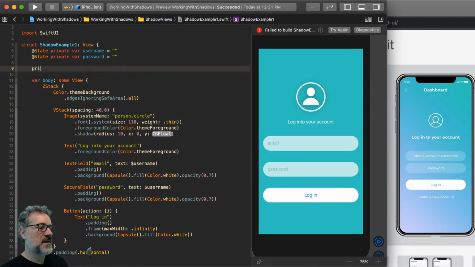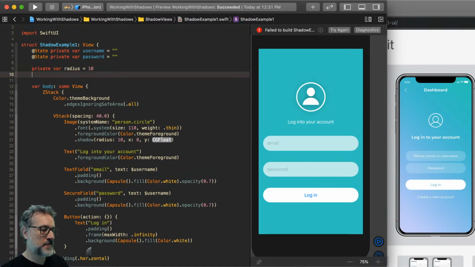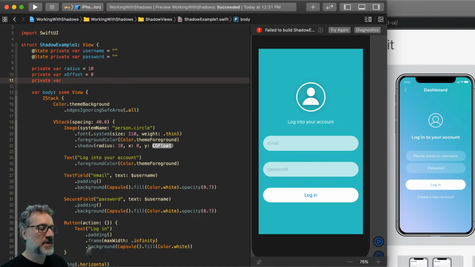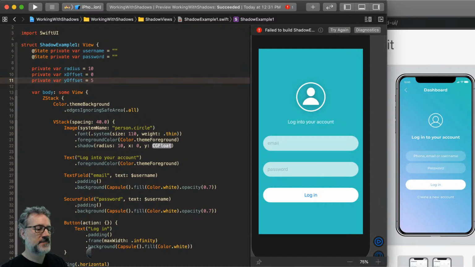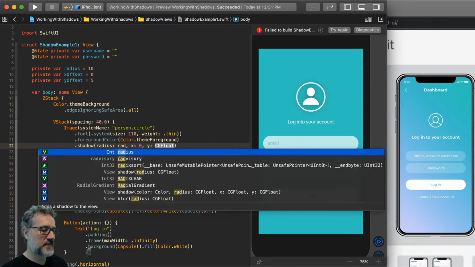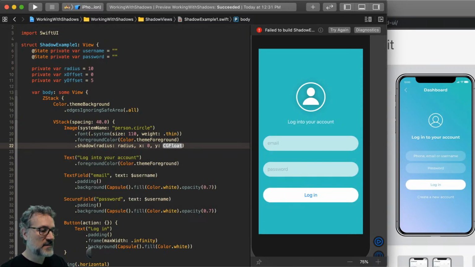Okay, 3 variables. Private var radius, and we'll say that equals 10. And we have X, I'll call it X offset. And that'll be 0 for now. The reason why I'm doing this is because I'm going to have shadows on all these elements, and I want to be able to change these values in one place and have it change for all the shadows. And then we'll have Y offset. And for Y offset, let's start with 5. Okay, now let's use all these values here. We'll have radius, if I can spell it,